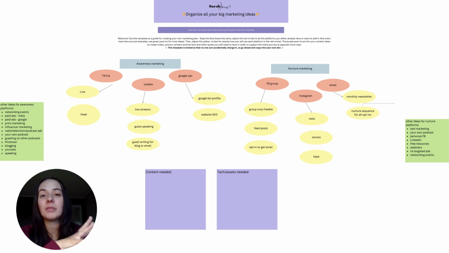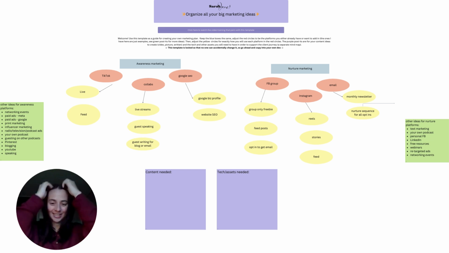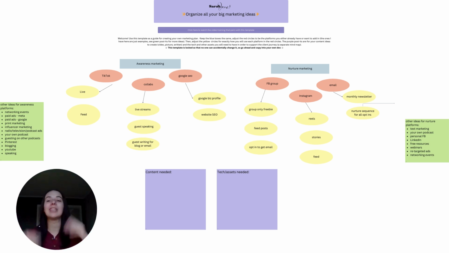In marketing, we want to make sure that we are getting in front of new audiences, but also making sure that we're nurturing existing audiences. And different avenues of marketing are going to fall under one of those two categories. You might have one that falls into both. Okay. Chances are, if it's getting in front of new audiences, it's also nurturing existing audiences, but the main focus